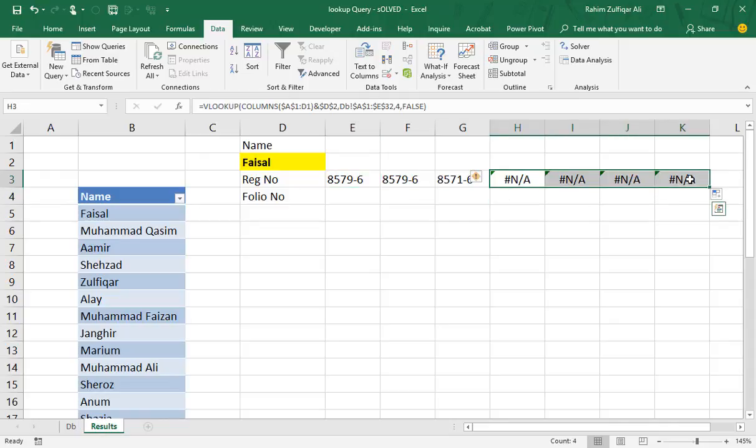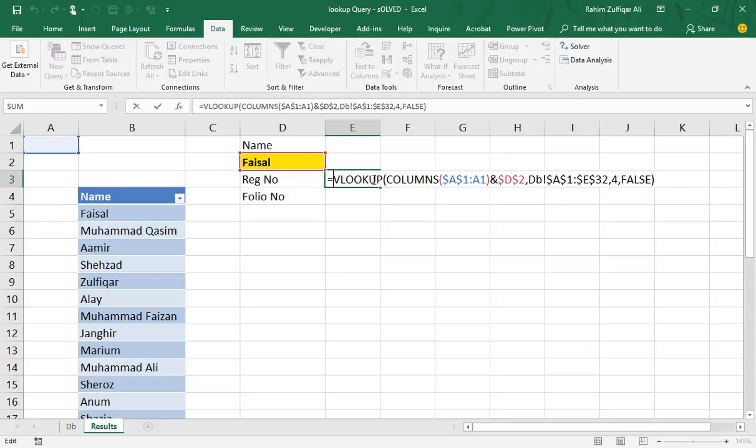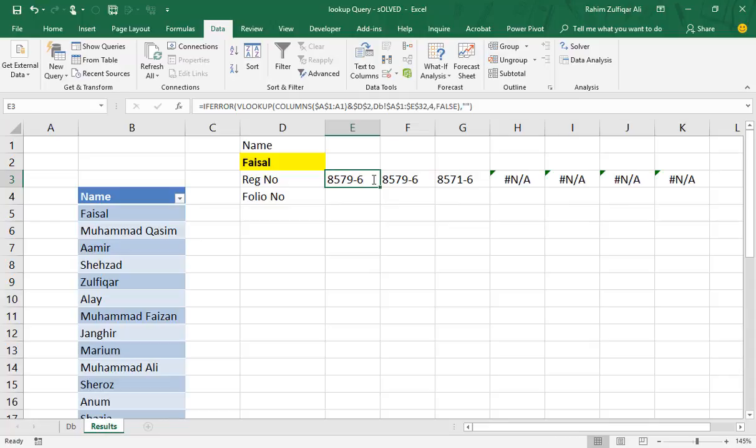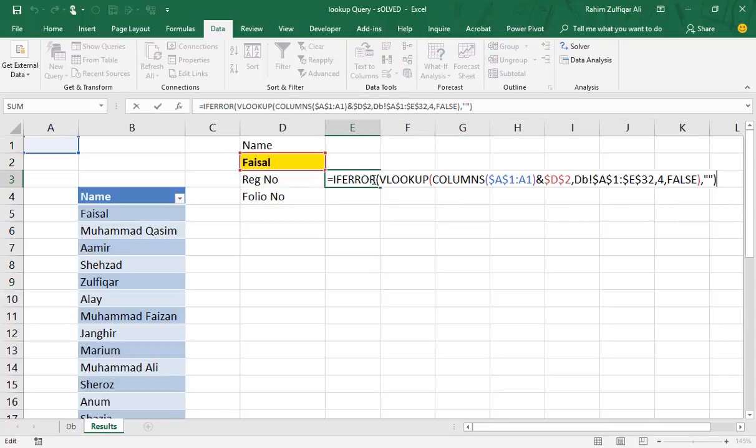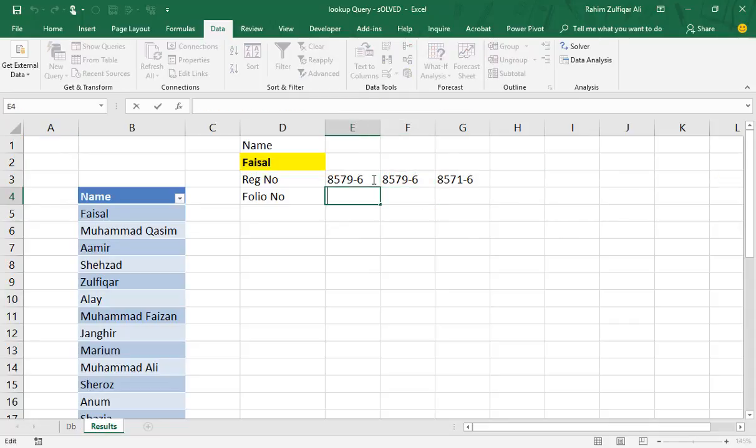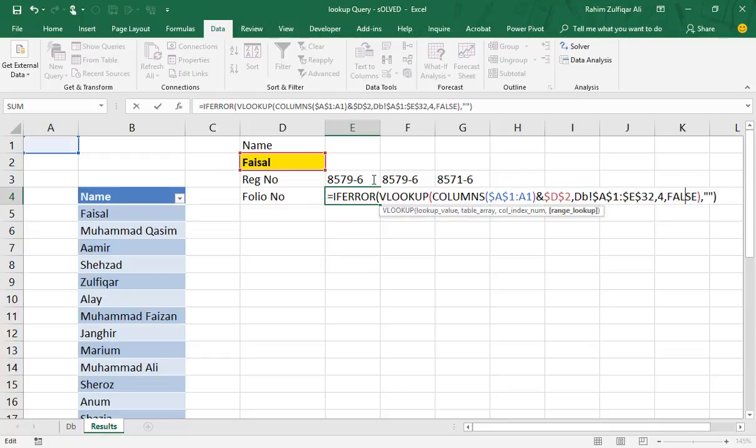To hide the NA, we can nest the IFERROR function within the VLOOKUP. At the end I will just put 2 inverted commas to make it blank if the results are not found. Similarly for the folio numbers, we just copy the formula, paste it, and instead of column 4 we need to fetch the results from column 5.